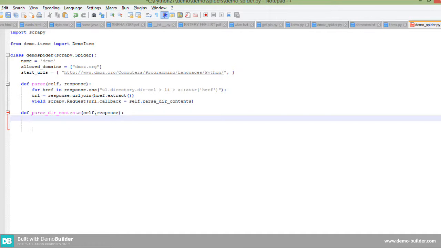Okay, here also we have to run one loop. What is the variable? response.xpath. I need to tell what the xpath is here. Okay, wait 1 second. ul li.